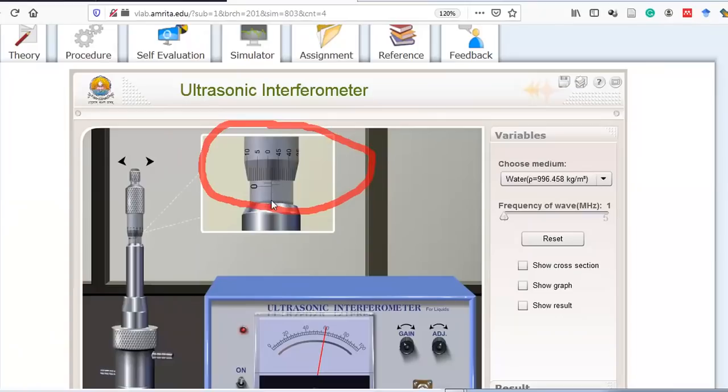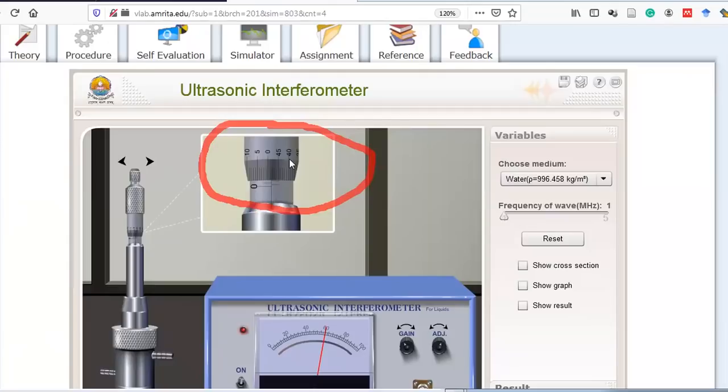Okay, so basically there are two scales on this micrometer. One is this main scale, which you can see at the center, 0 something and go on, and on top of that is the rotating scale, which has the counts from 0 to 50. Once you rotate the complete cycle, all 50 counts, then the main scale reading will change by one count. Now, what is the least count of one count? That you can find out. Take the product and find the least count.